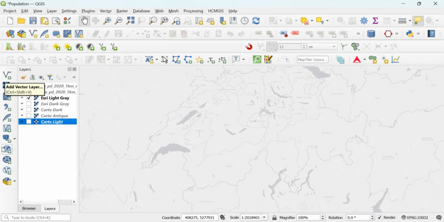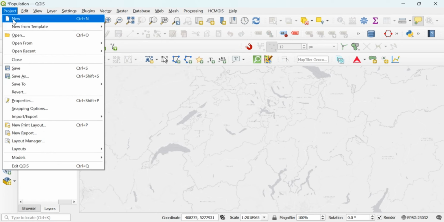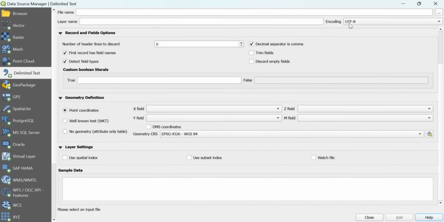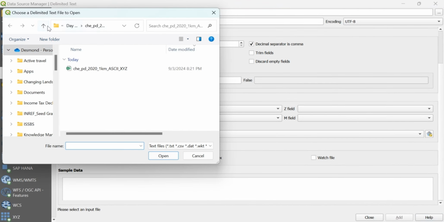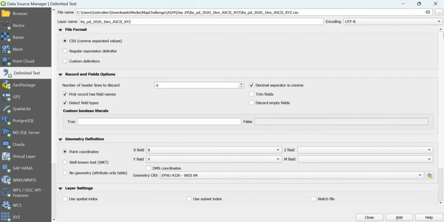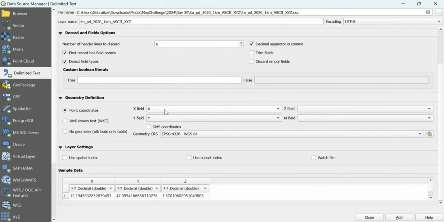If this bar is not appearing, it's also possible to just go to add layer, and then you can say add delimited text layer. We will add the Italy data. Now sometimes QGIS is able to identify the X and the Y values.